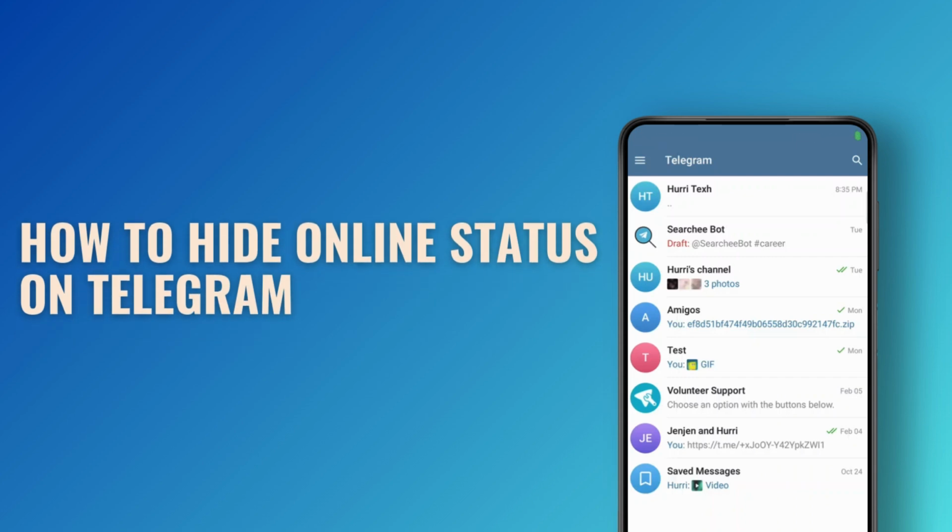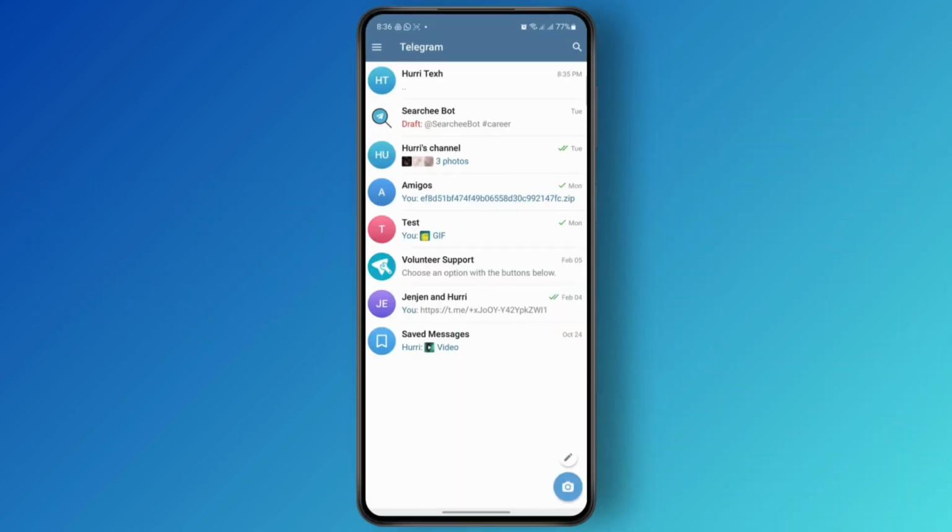How to hide online status on Telegram. What's up everyone? In this tutorial, I'm going to show you guys how you can easily hide your online status